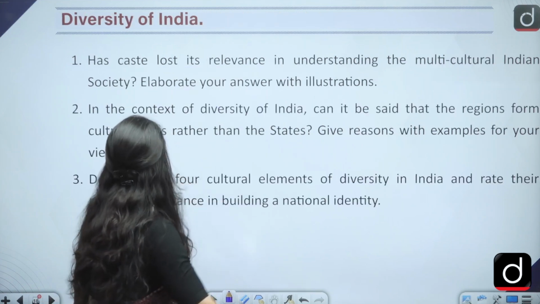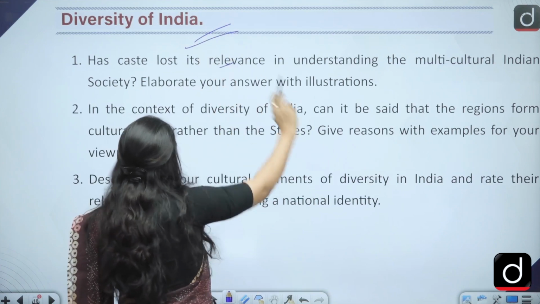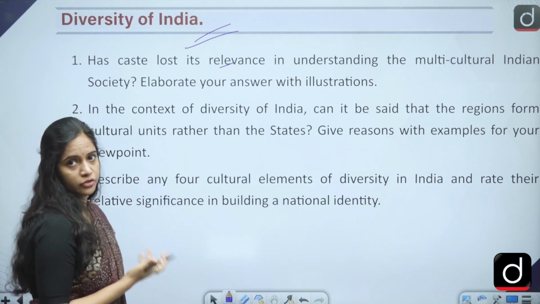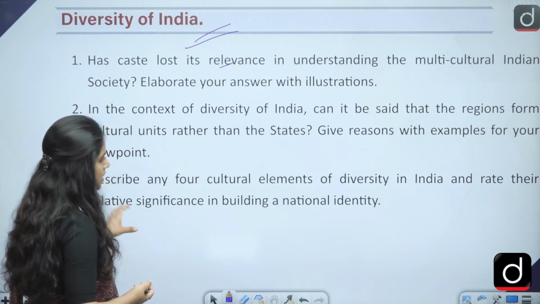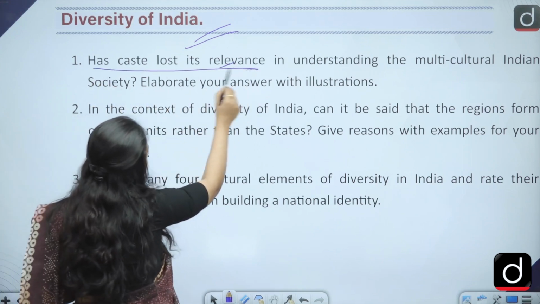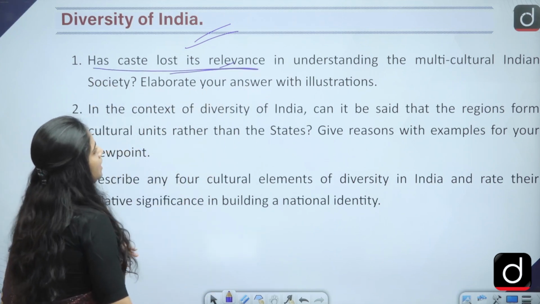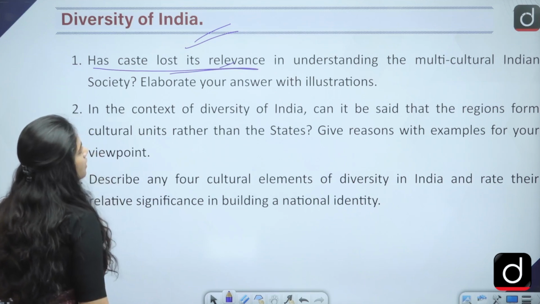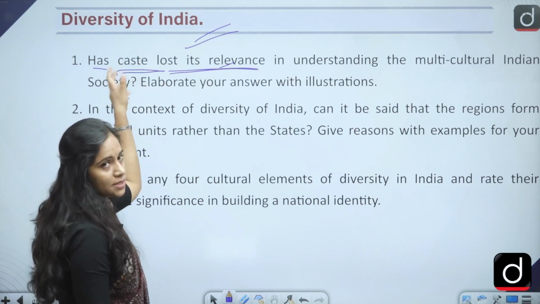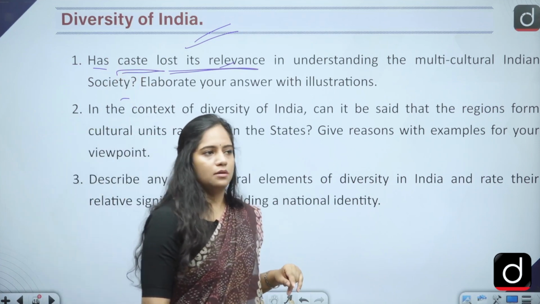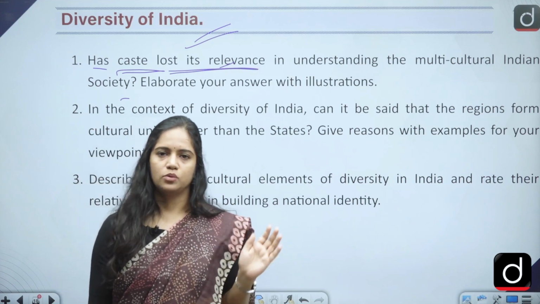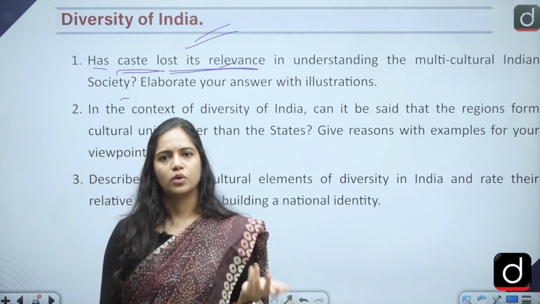Again, if you see diversity of India, from this particular topic there were many questions, but I have taken only 3 just to give you an idea. One was, has caste lost its relevance in understanding multicultural Indian society? Now you would see that caste was nowhere there in the syllabus that we had discussed. The word caste was not there. Only the salient features of Indian society was there, diversity of India,